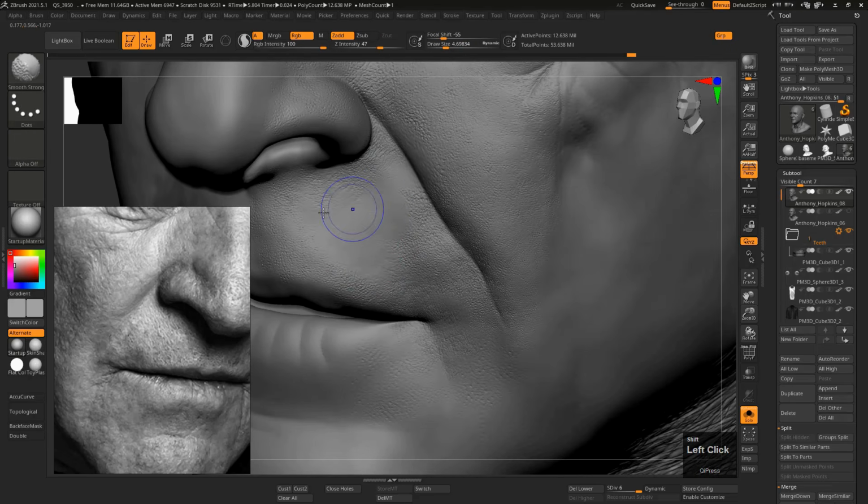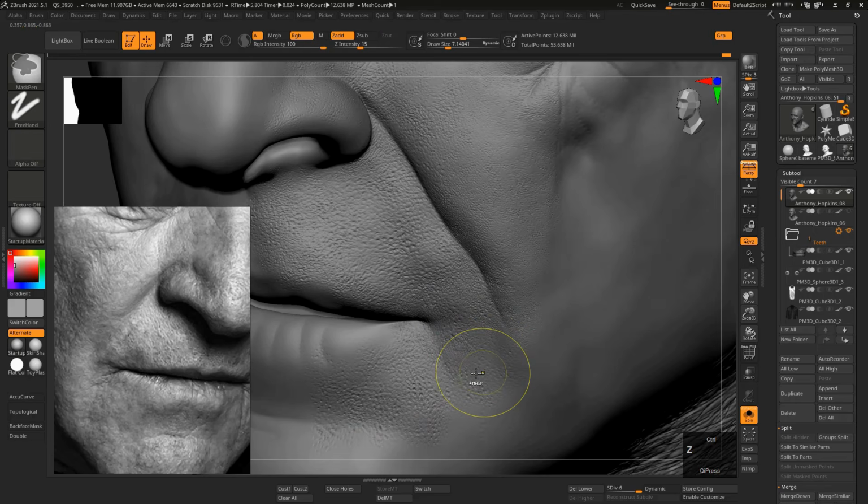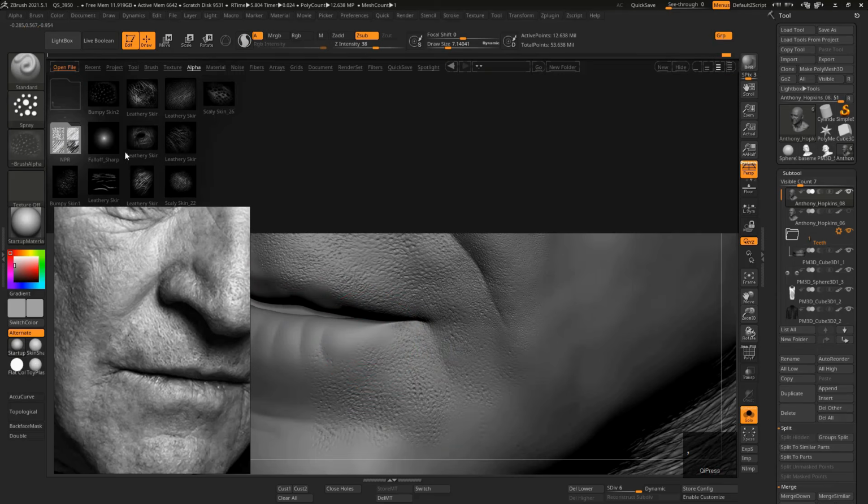So this wouldn't work. Maybe if we blend with some directional,